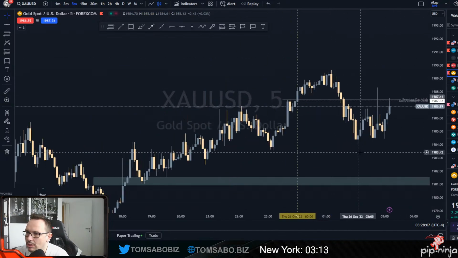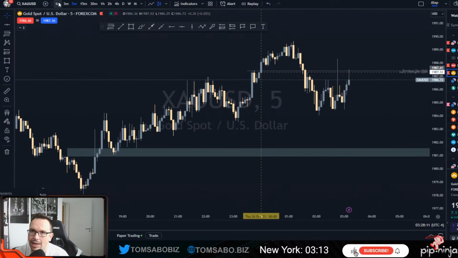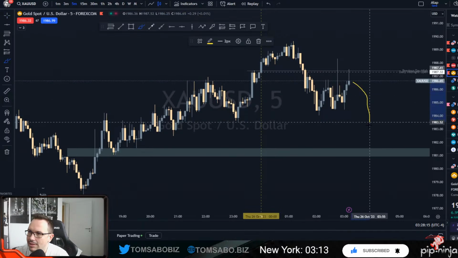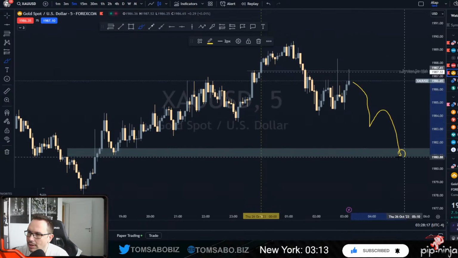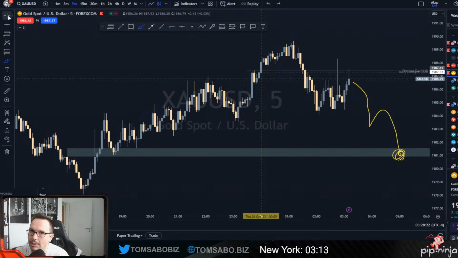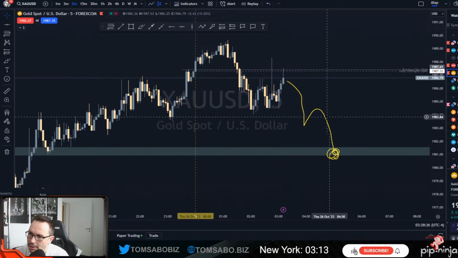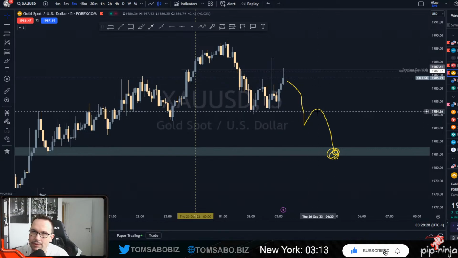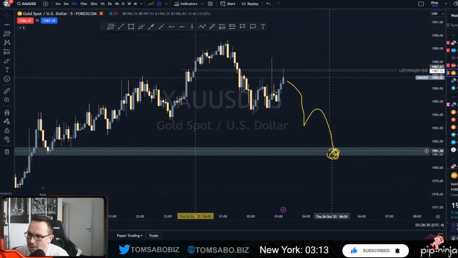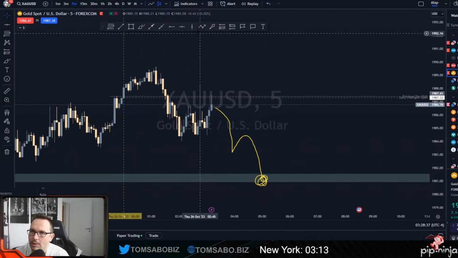We have no signal. And the other scenario is that we can just turn around, like this, and boom, we can target this hourly imbalance. That can easily happen. We turn around, reprice a 1-minute fair value gap maybe, and then boom, reprice this hourly, because this is an hourly imbalance right there. So scenario 2 would be this.